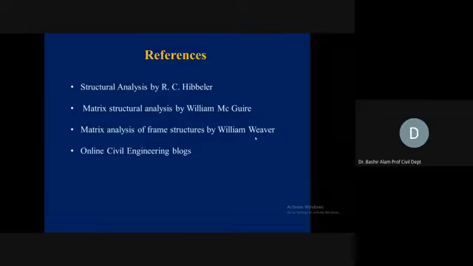We remove the redundant actions and make the released structure. After the released structure, we start the analysis of the released structure when it is acted upon by the actual loads,